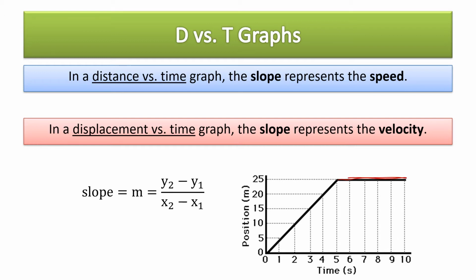During the second half of its trip, the slope is 0. y2 minus y1, 25 minus 25 is 0, and it's stationary for those 5 seconds. So it's moving at a constant velocity, and then it's stationary. So just by interpreting these graphs, we should get an idea of what the movement of these cars or whatever